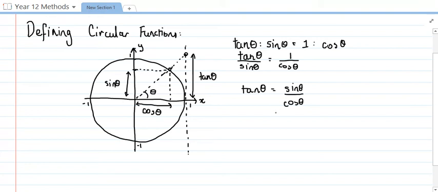And so this is our definition for tan theta, and I think that this is quite an important rule to remember. So we need to know that tan theta is sine theta over cos theta. We also need to know that sine is the y value and that cos is